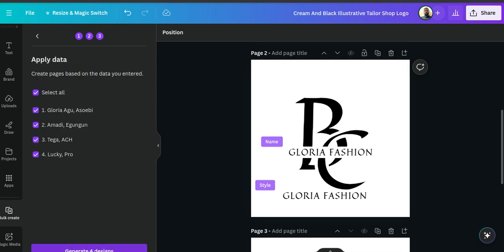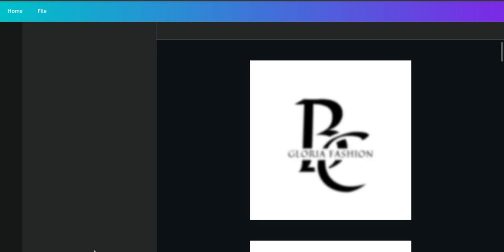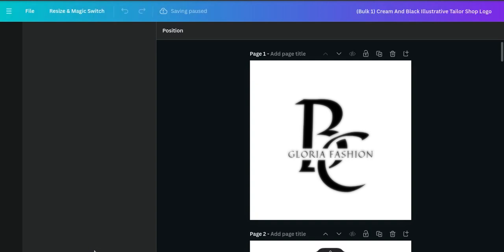It will show you all the information of people you have uploaded. Now it tells you generate 4 designs. Okay, now click generate 4 designs and leave it. Click it and relax. You can go and get, if you're somebody that drinks beer in a rush, you can get a bottle of beer. Okay, it will generate it. If you're somebody that does any other thing, okay,